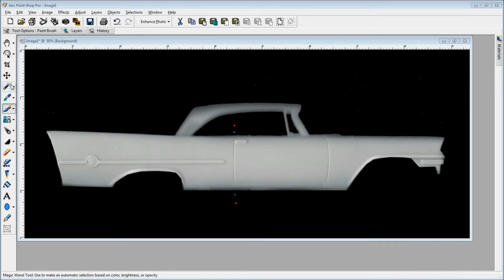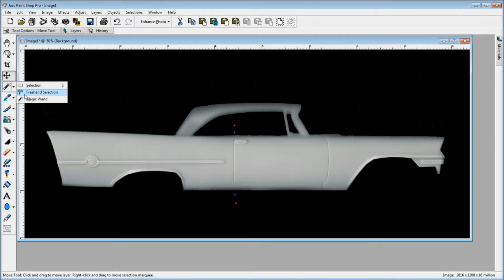One of the first things I want to do is remove the top on the car. So we go back up to our freehand selection tool. I'm going to stay as close to the body line as I can here and come down and remove the top. Now, in order to keep my little do-funnies there in line so I can tell where my door gap's going to be,